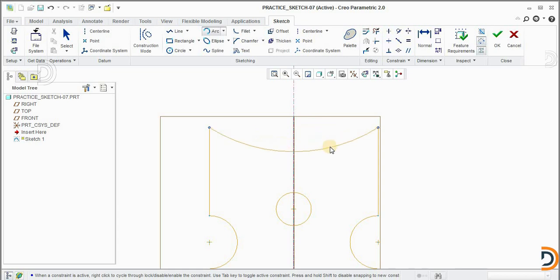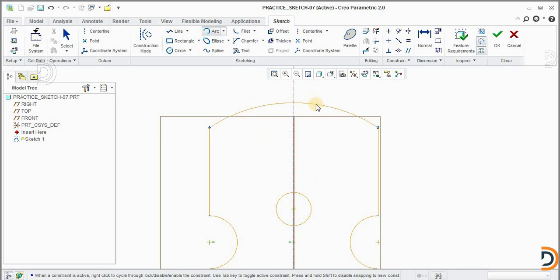So here some unwanted constraints are getting applied. This becomes a major issue when you work on a complex model. While sketching you need to take care of which constraints are necessary for making any sketch. Now here I want to avoid some of these unwanted constraints, like this tangent or this coincident, this tangent, or let's say